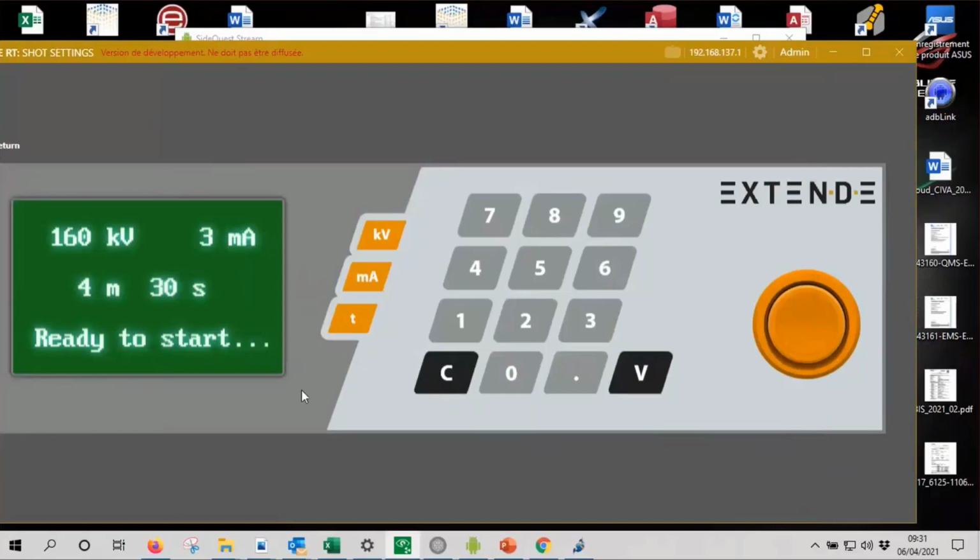So you can make a new shot by changing the values. If we still want to have 3 milliampere at 160 kilovolt, we just have to change the time. And here, 2 minutes, 32 seconds.